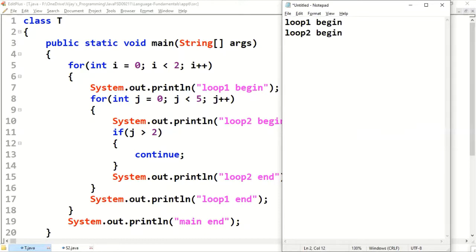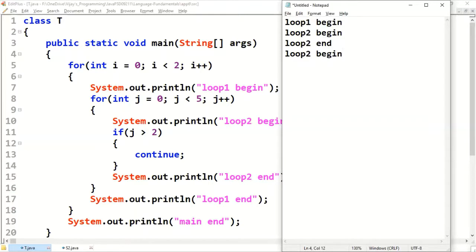Whether 0 greater than 2? No. So the if block won't be executing, loop 2 end. Still we are in the inner for loop. 0 is becoming 1. 1 less than 5? Yes. Loop 2 begin. 1 greater than 2?